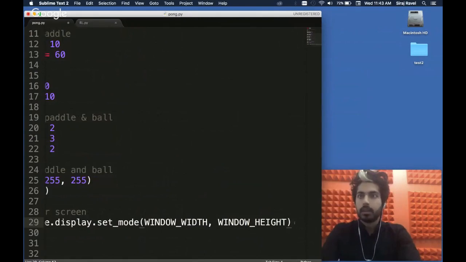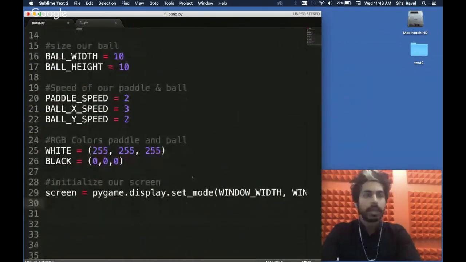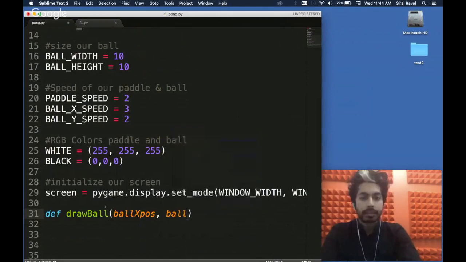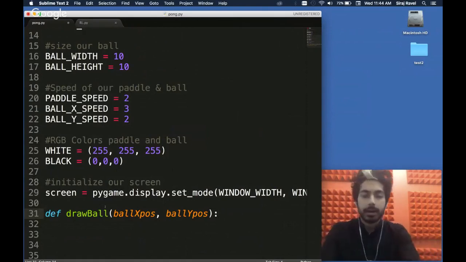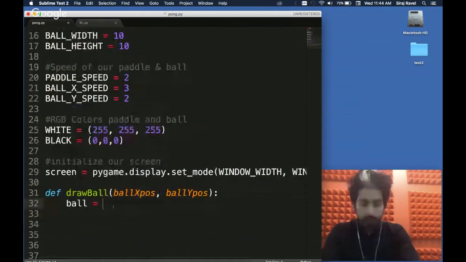Okay, great. Now that we've initialized our screen, let's draw our ball. Now we can write our first function here called draw ball. It's going to be a small rectangle, and the 2 parameters are going to be the x position and the y position that we want to draw our ball in. So we're going to define our ball variable, and we're going to use the rect function of Pygame to create that ball rectangle.